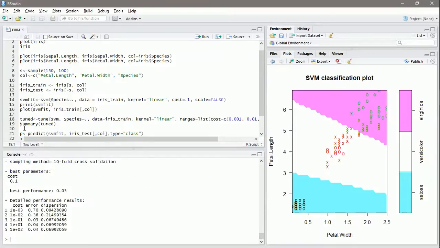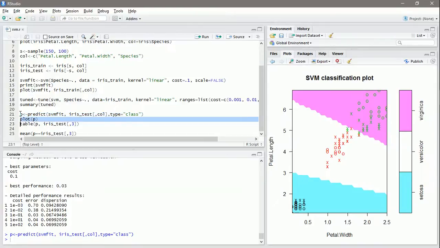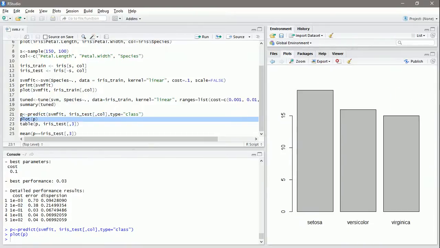Now we need to plot the iris test data, because we have trained the model as we wanted according to the SVM model. We want to test the remaining data. So we'll predict the species of the test data that we have taken, the 50 samples. We'll use the predict function for that, and we'll pass the SVM fit model, that is the SVM model algorithm, and the test data of 50 samples, with type equal to class, that is, type equal to species. So we'll predict that, and we'll plot the output, and we'll also plot